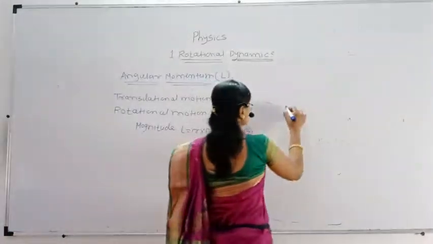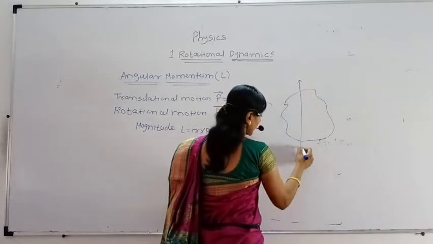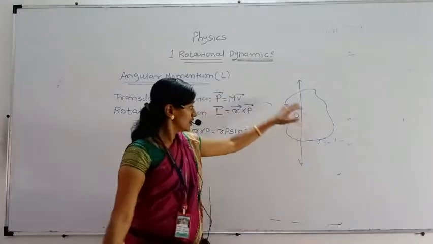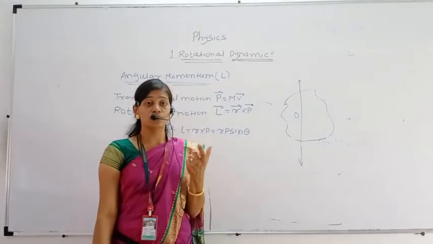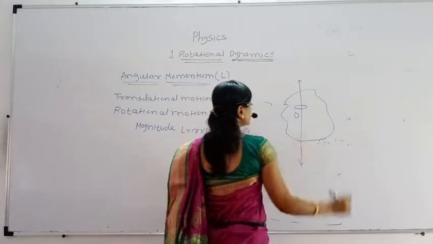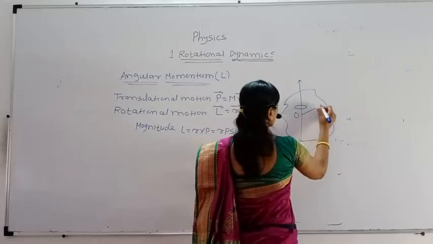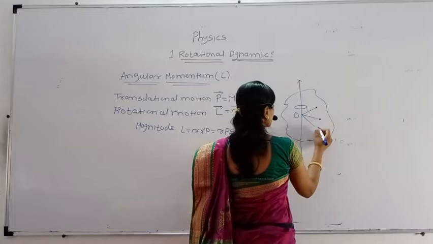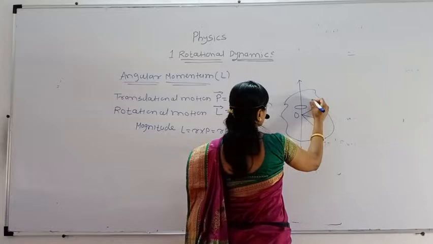We know in rotational motion the body is rotating about an axis passing through a point or center. At that time the body rotates, but the particles of the body revolve in a circular motion. We know the particles are revolving in a circular motion. So at every place from the axis of rotation, suppose here the first particle is present, second particle, and here the last particles, we show it in such a way.